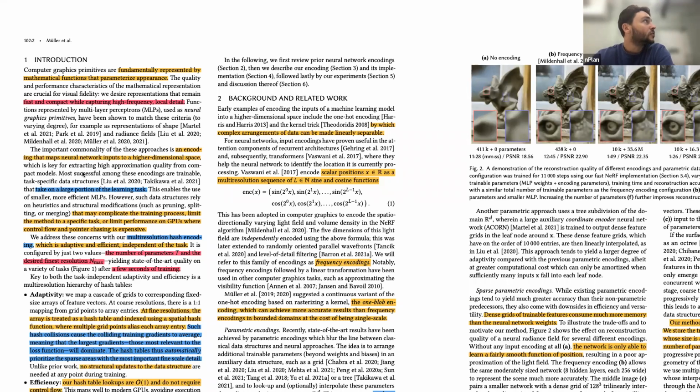Okay, they say the idea is you have some kind of lookup table that you use, and then you propagate it through a network, and that makes the network much smaller, which speeds up the whole query of using that method. Most successful among these encodings are trainable task-specific data structures that take on a large portion of the learning task. So basically, the state of the art in these fields at this point is